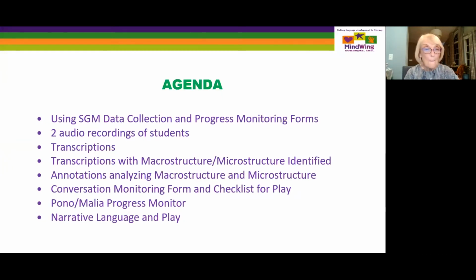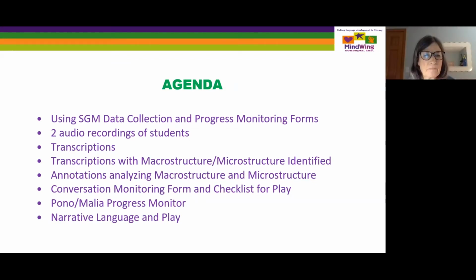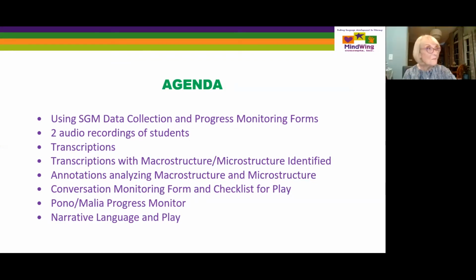Okay, so I just want to go over quickly the agenda, and thank you, Becky, for the introduction. We are going to start with sharing data collection and progress monitoring forms, one of which we worked very closely with speech pathologists through the work we've done with the Hawaii State Department of Education over the past few years to tailor it specifically for your students. And you'll notice a couple of more Hawaiian names in it that we thought would make it more identifiable for